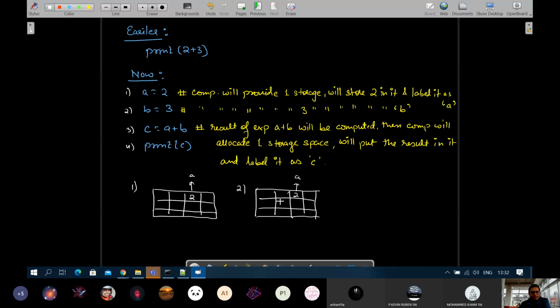Let's say यहाँ पे it found this space as empty. It will put 3 here and will label it as B. And then line number 3, by the time it comes at line number 3, कुछ ऐसा रहता है.